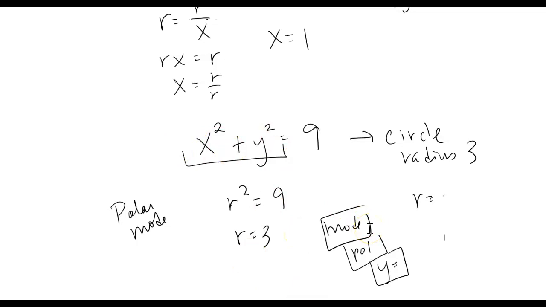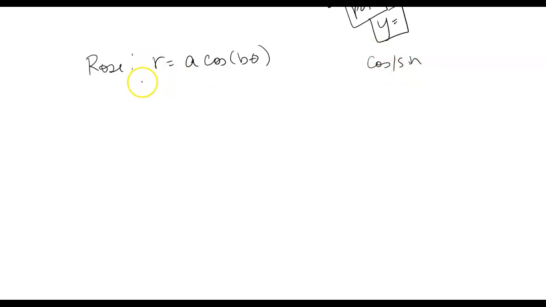So what are some other popular parent functions that go in polar mode? There's going to be 4 that we're going to talk about. One of them is called a rose. Doesn't look like a rose, it just looks like a flower. But the equation of a rose has this parent function. Now, I'm actually using a cosine here, but y'all, this could be a cosine or sine, okay? Doesn't matter which of the two you use. But if this is what you are typing in,